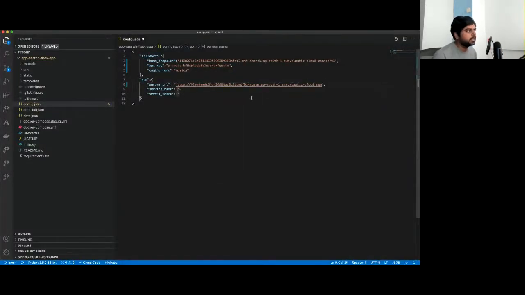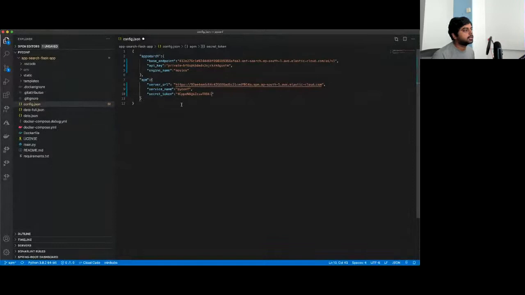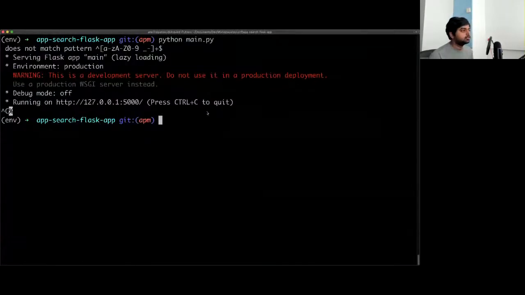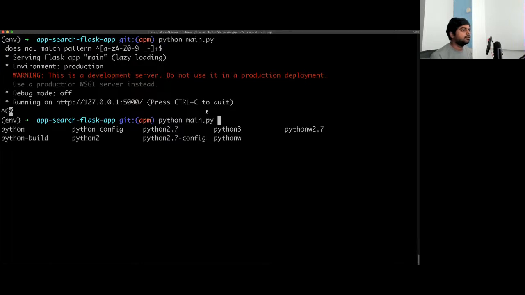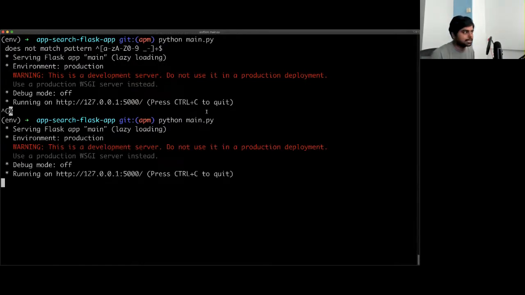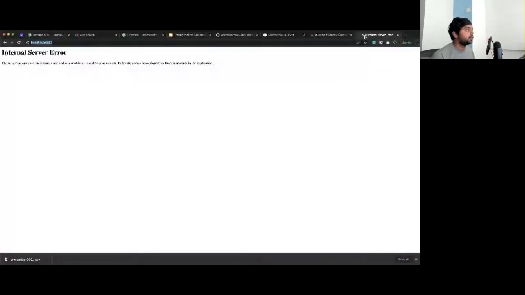There is no need to change anything. For the service name, anything that you can give; I'll give PyConf, just because we are in the conference. And then you also have a secret token that you could use for security, and save. So now when I start my application, I should be able to see at least the UI, not the data yet, because we didn't index the data. Now that it is saying that it's running, let us go and open.